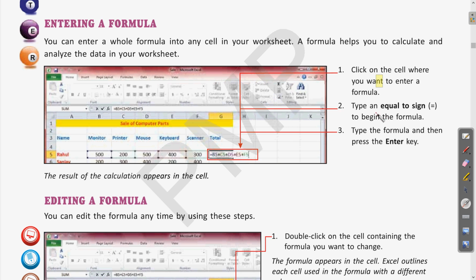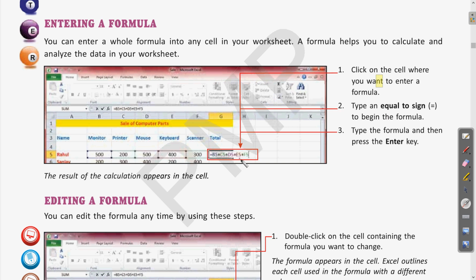The first step given is: type an equal to sign to begin the formula, then type the formula and press the enter key. So here you can see it is written equal to, then the cell references like B5, C5; these are the addresses of these cells.